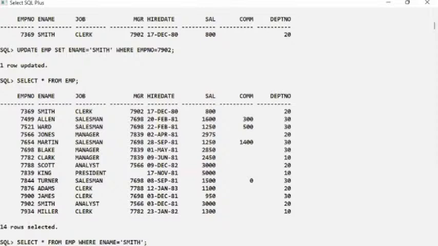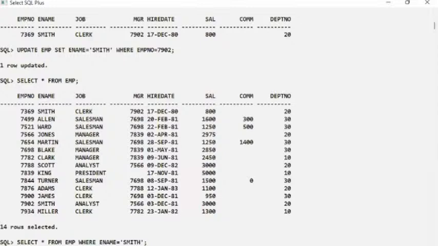So for this kind of problem, whenever you have multiple duplicate names and you need exactly what you want, we should compulsorily write a second condition also. If I write only a single condition, only name-wise, as many employee rows as satisfy ename equals Smith will be displayed. Maybe they have the same job or different jobs, that doesn't matter, it will take all the values. But I don't want all the people. I want only the person whose name is Smith and who is working as a